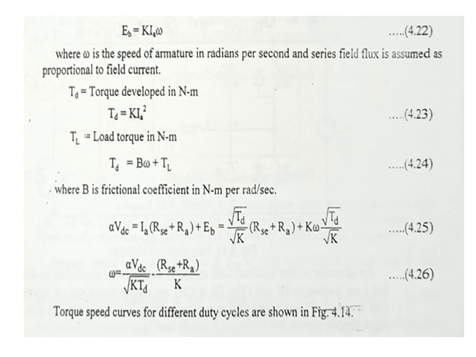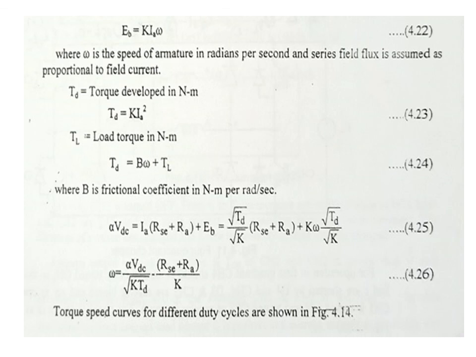In our previous lectures also we derived the same speed equation of DC series motor, but there the converter we had taken was different. In our previous lecture, where we discussed the semi converter and fully controlled converter, in place of alpha VDC we wrote the converter output. If it is a semi controlled converter, we wrote Vm by pi into (1 plus cos alpha). If the converter is a fully controlled converter, then we wrote 2 Vm by pi into cos alpha.